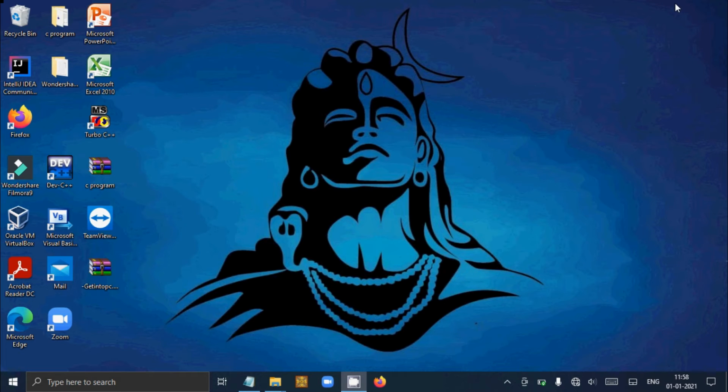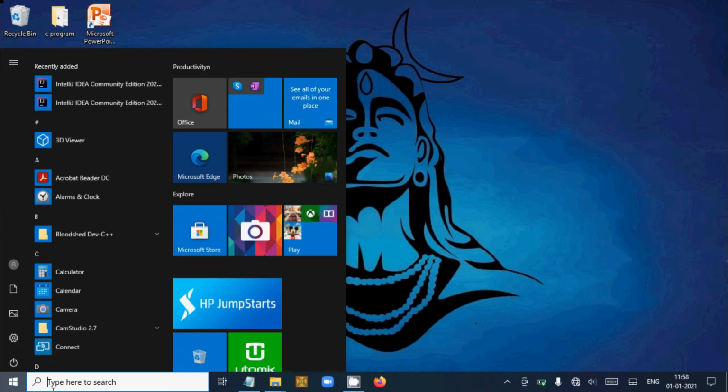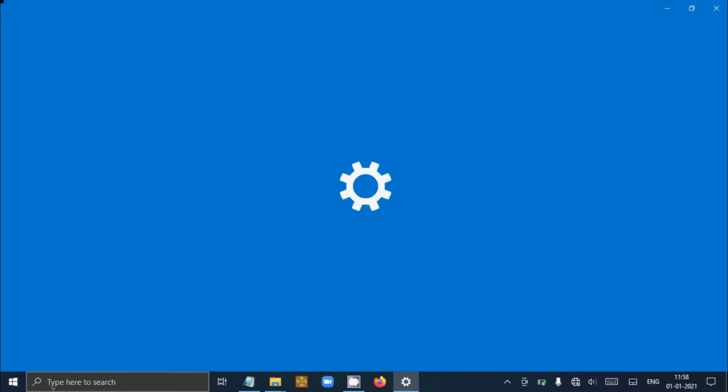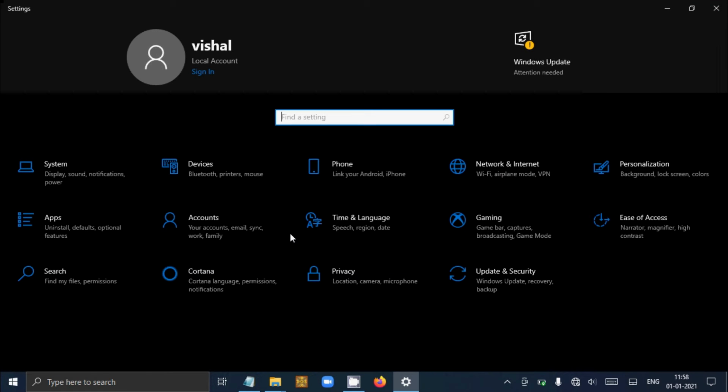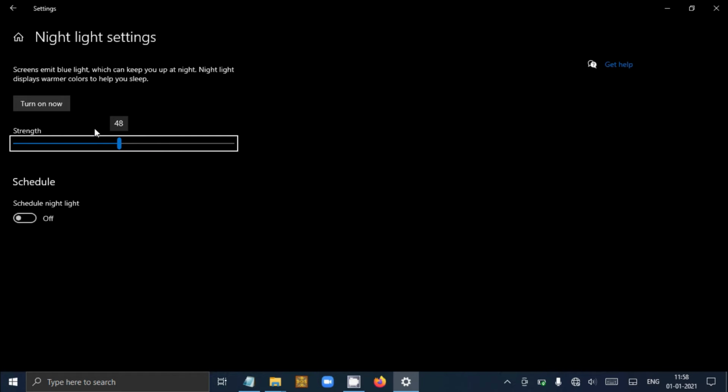Fifth feature is night light. If you are using a laptop at night, then this feature is very useful for you. Go into settings and search for night light. I am turning on this feature.